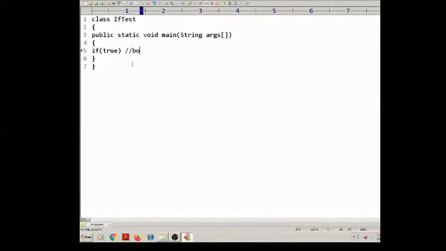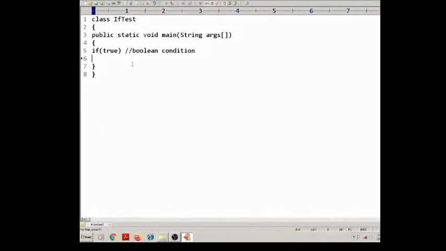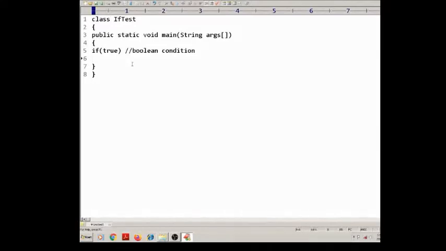So here the boolean condition is true, then the immediate statement, System.out.println statement 1. So Vivek, what will be the output here?